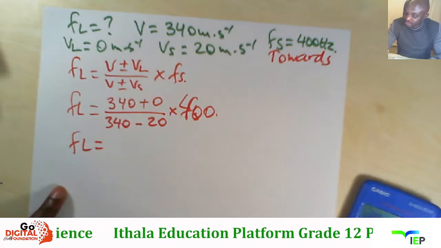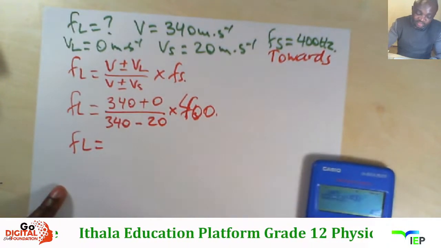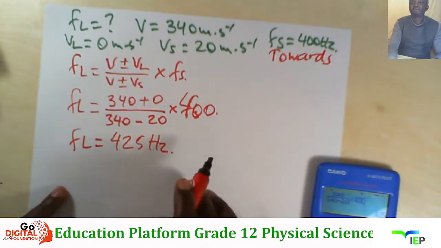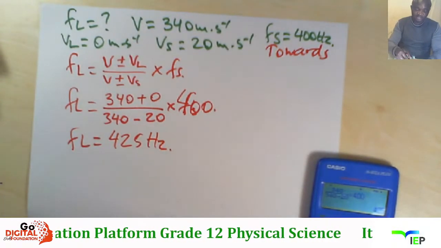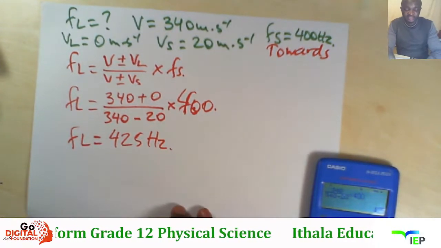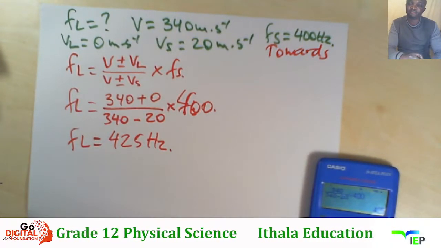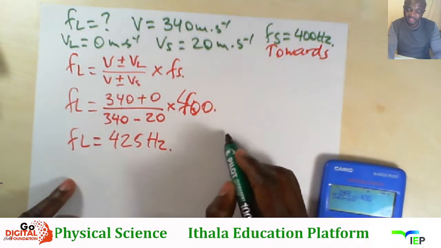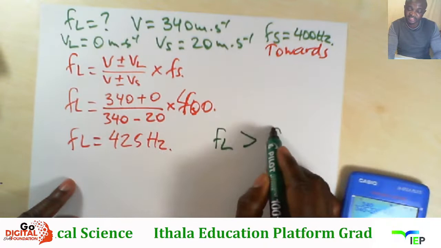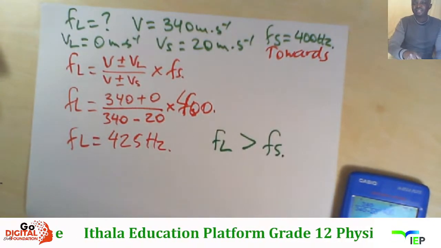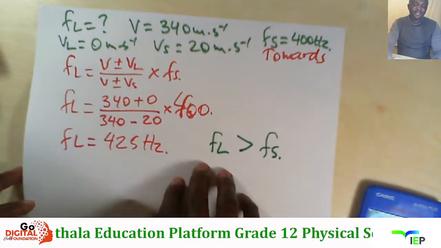So here we get equal to 425. Write 425 Hz. It means the person who's standing next to the road will get a frequency that is 425, and that is making sense because it is moving toward, and in that case the frequency of the listener is greater than the frequency of the sound. So use this formula like that. Right, then